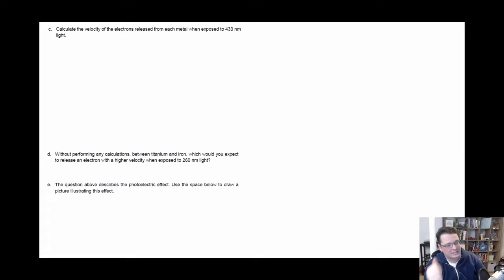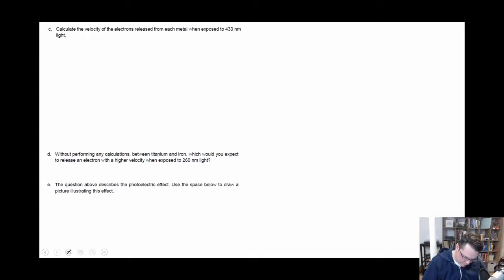And then the next step is figuring out what the energy difference is. How much energy is actually going to get transformed into kinetic energy with the electron. And once you know the kinetic energy of the electron, you can then calculate what the velocity is. So if we're looking at 430 nanometers of light, the thing that we now have to do